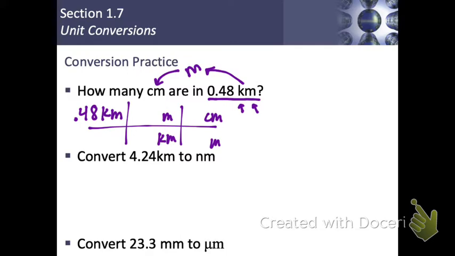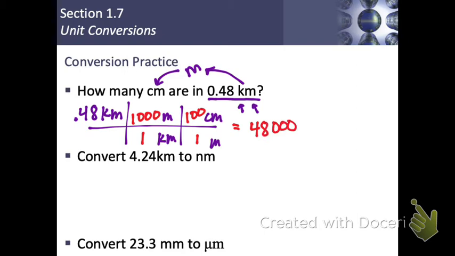Here I'm going to say, is it going to be like this? 1 meter is 1,000 kilometers? No. That's a really common mistake, because I always say kilo means 1,000. That's true, but it's 1,000 of the little guy. So 1 kilo is 1,000 of the little guy. And then 1 meter is how many centimeters? Good. What's cent mean? Century, cents, and a dollar, right? That prefix should tell you 100. So I'm going to multiply across. 0.48 times 1,000 times 100 gives me